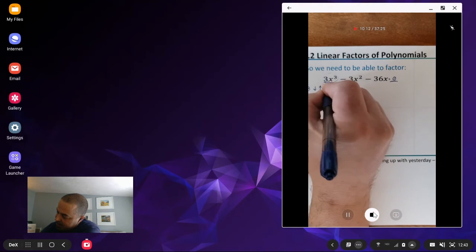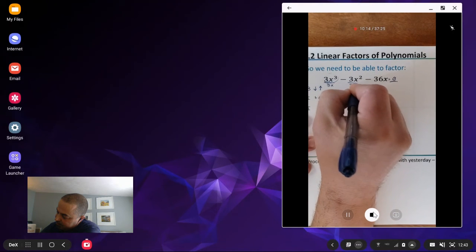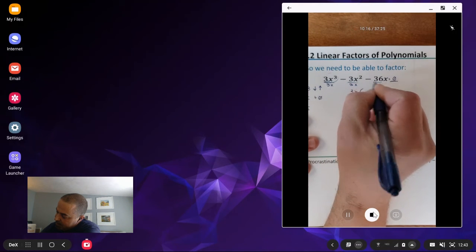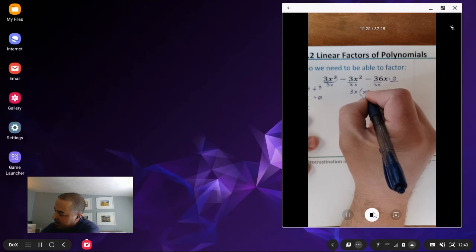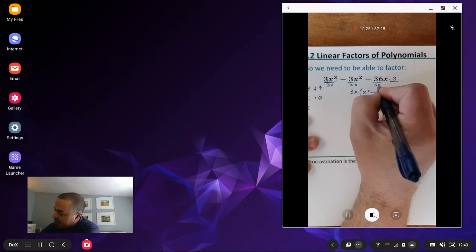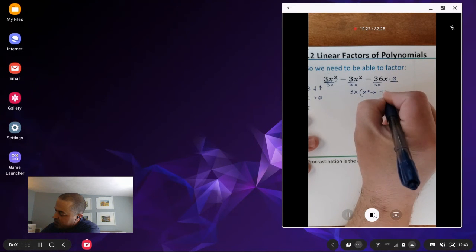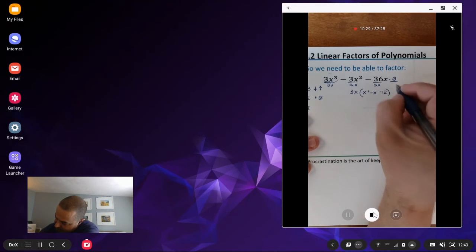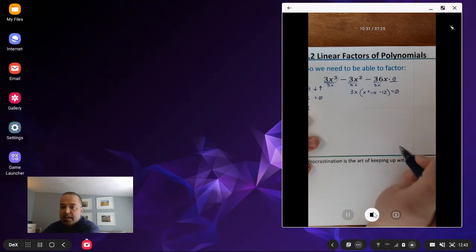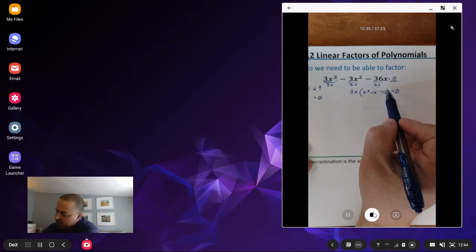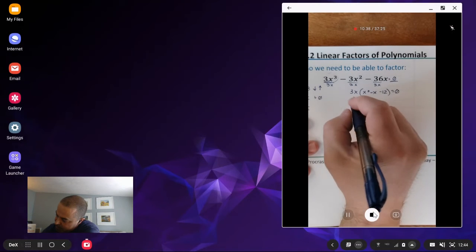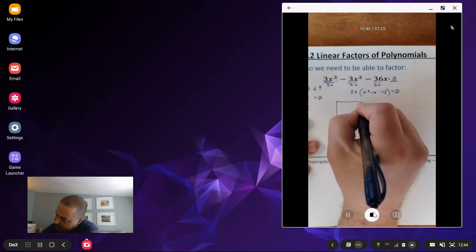So let me divide each term by 3x. 3x cubed divided by 3x is x squared. 3x squared divided by 3x is x, so that's a negative. And 36x divided by 3x is a negative 12. There is my factored form, okay? And now I want to go after the linear factors of this quadratic right here, x squared minus x minus 12. So, set up our box,